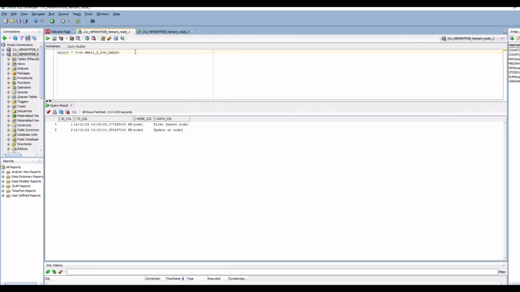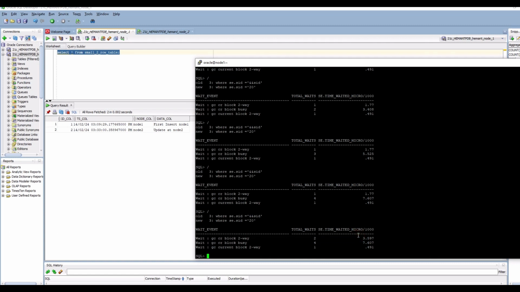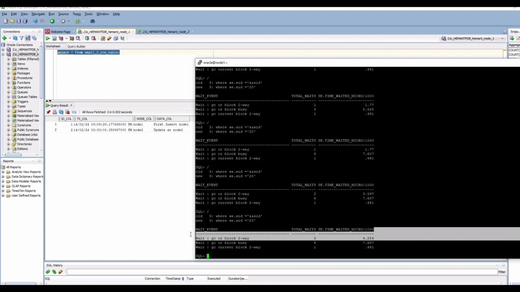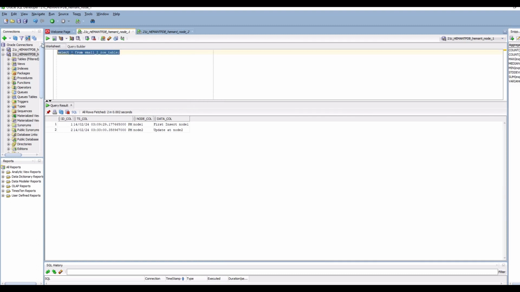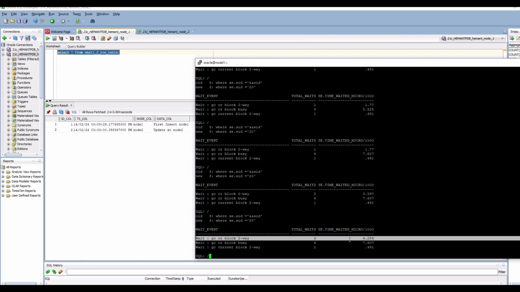Now if I were to run the same query again on node 1, let's see if the wait gets incremented. So again, there's one more time where it has to ask where is the current version. Okay, run that query again.